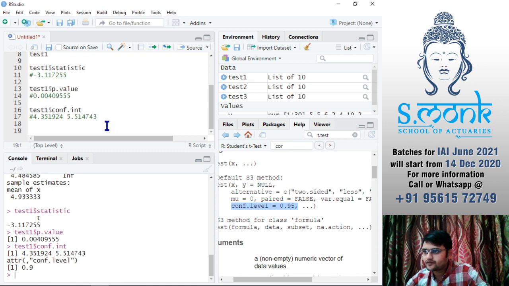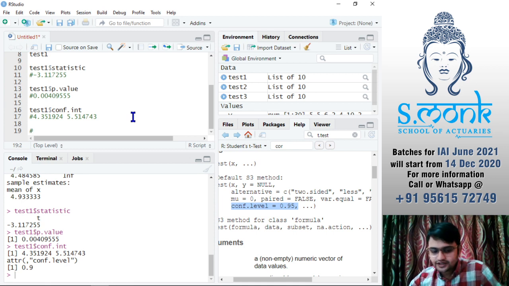Okay, so let's say I want to write the conclusion then. So I'll say hashtag, p value is less than 0.4%, so it's less than 0.5%. That's the nearest that I can think of.